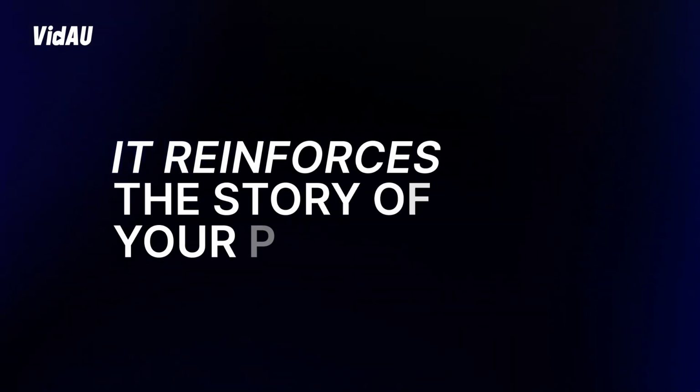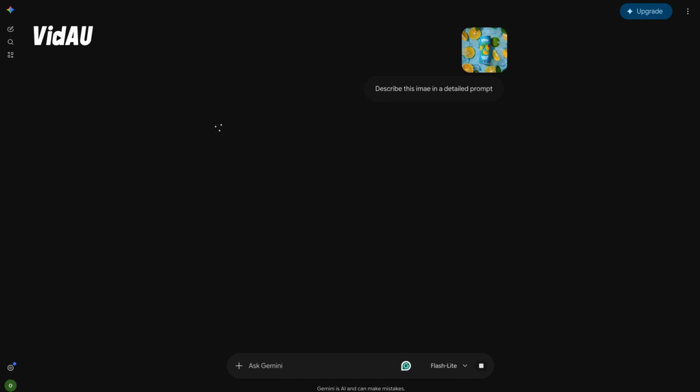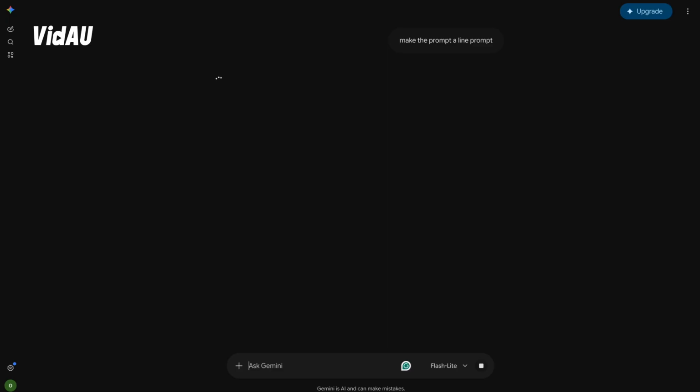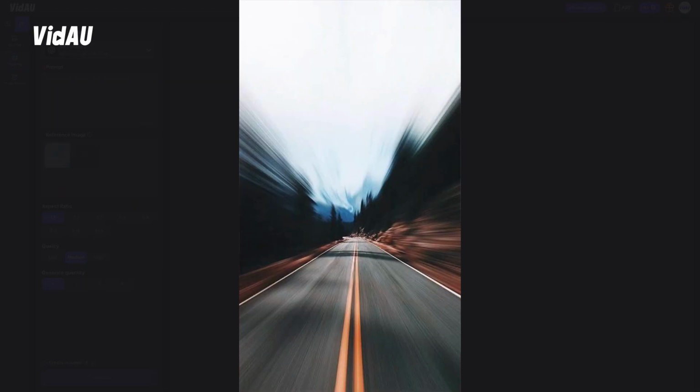For the second scene, we went in a completely different direction, something natural. Leaves, a bit of nature, fresh ingredients in the frame. Because that reinforces the actual story of the product. It's not just a drink, it's something fresh, something real. Apply the same process to your second image. If you need the exact prompt used for our image generation, you can click the link in our bio for the full process. And for a third variation, we brought in actual fruit, splash effects, a bit more energy,